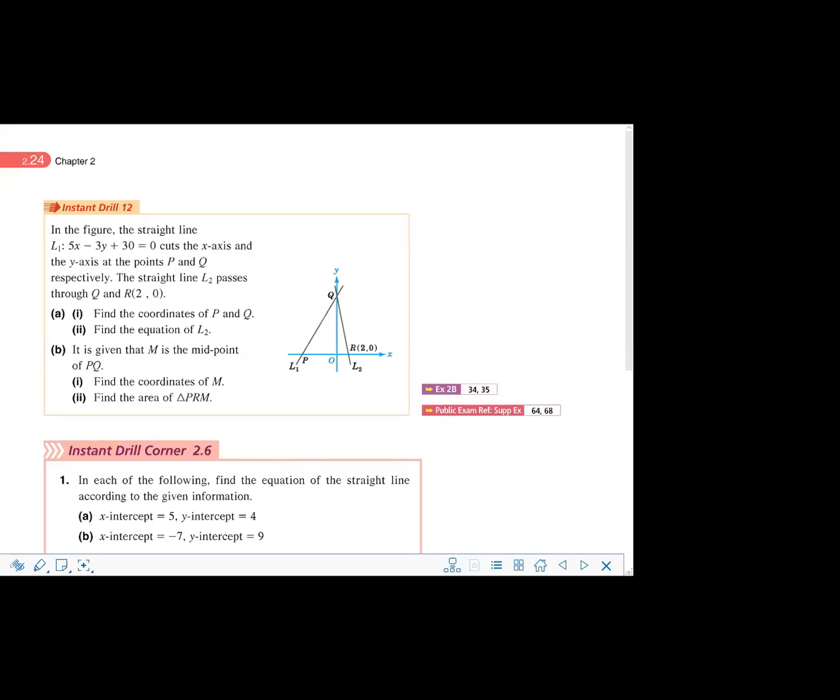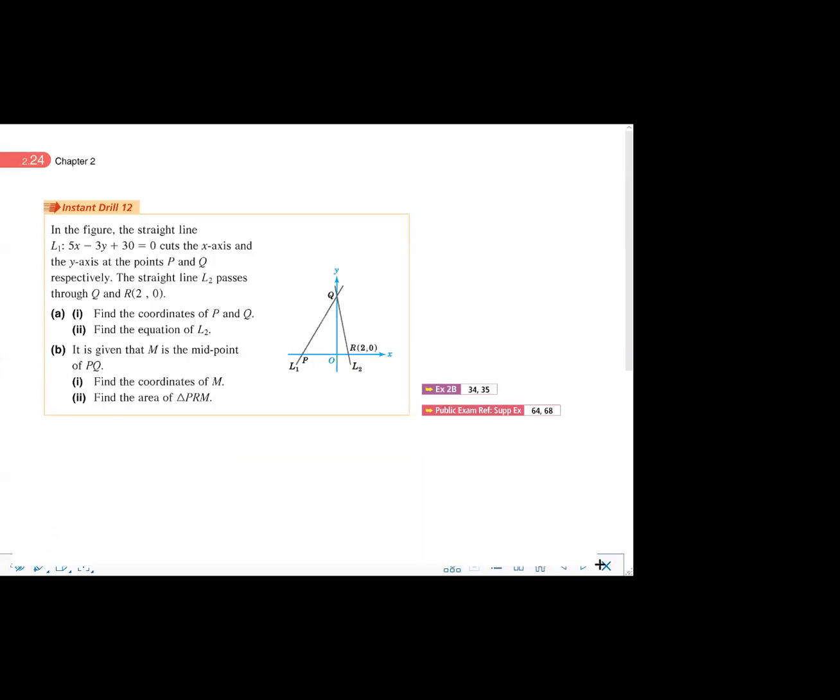Okay, let's check the answers. 好，我見到交咗嘅同學咧，絕大部分都係啱嘅。如果我見到有邊啲位錯嘅話，你留意睇下個 chat room 裏邊有冇我話俾你聽嘅 message。Okay, so instant drill number 12. In the figure, the straight line L1 cuts the